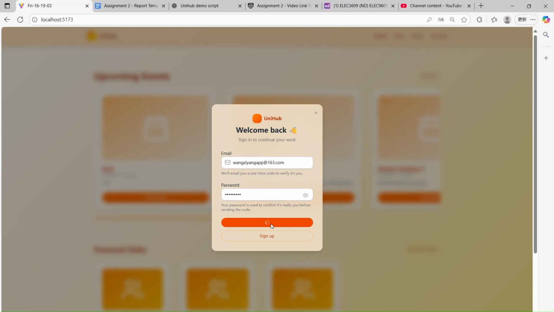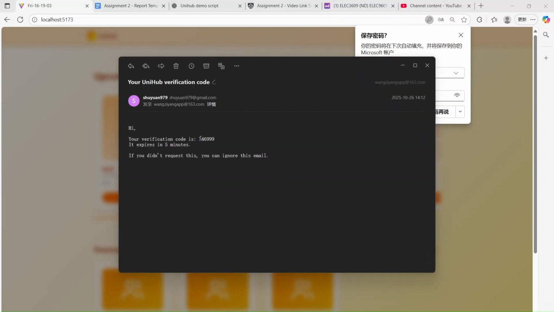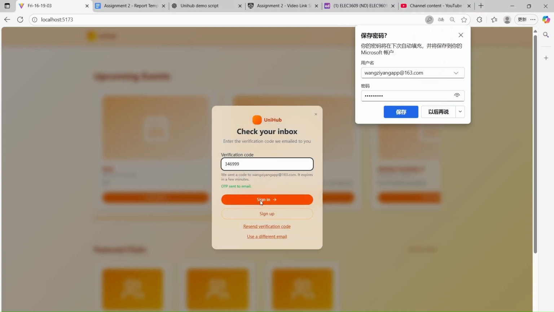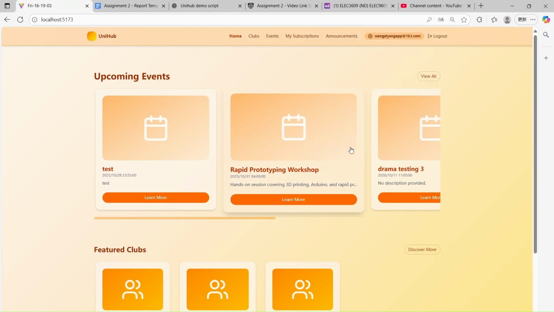Once the password is correct, a 6-digit one-time password is sent to the email for verification. This OTP is for single use, valid for 5 minutes. And now, as you can see, I can see the code here, which is sent in my email. Okay, so when the OTP is verified successfully, any pending user account becomes active, and the user is then securely